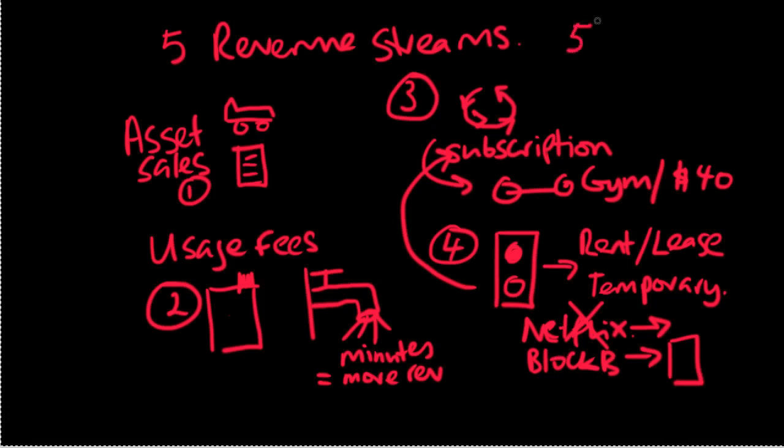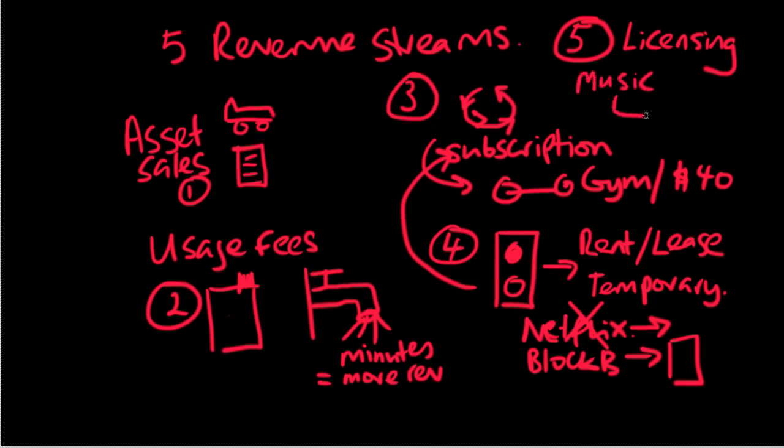And the final, number 5 type of revenue stream is based on a licensing model. An example of this would be the way music companies license music to radio stations. A radio station pays the music company a licensing fee based on when it plays a song. So that summarizes the different types of revenue streams that we're going to be using to build our business model.